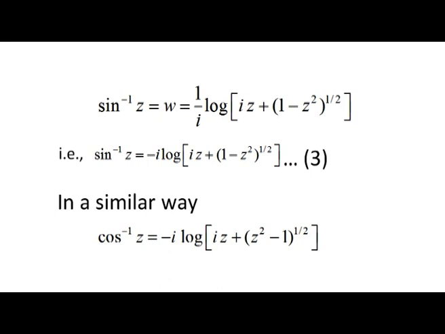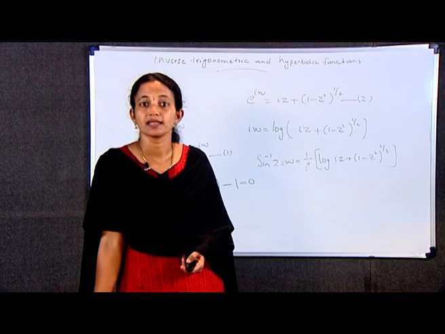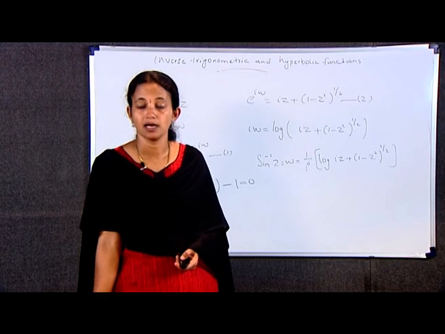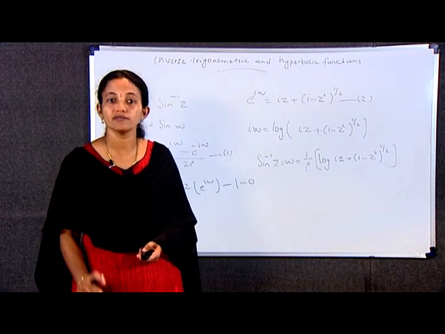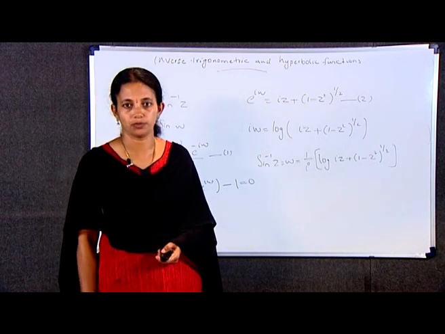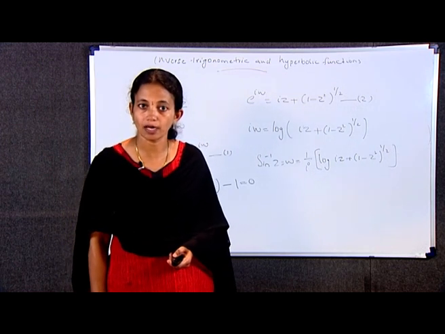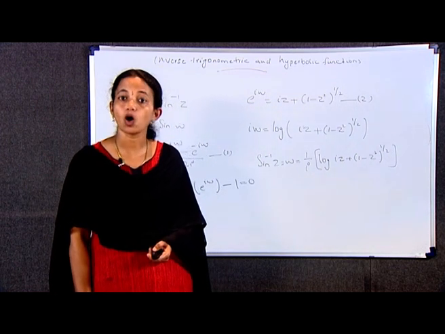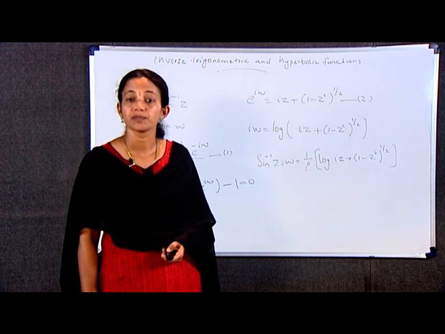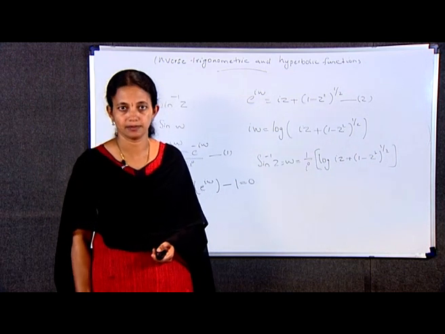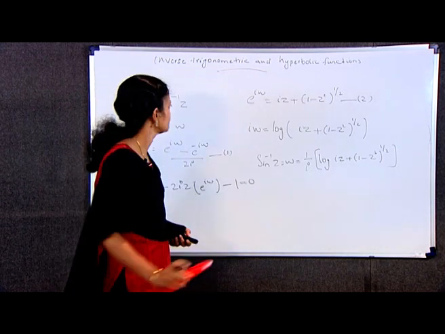In a similar way, cos inverse z is equal to minus i log of iz plus (z square minus 1) raised to 1 by 2. Note that the functions sin inverse z, cos inverse z and tan inverse z are multiple valued. When specific branches of the square root and logarithmic functions are used, all three inverse functions become single valued and analytic. Example,